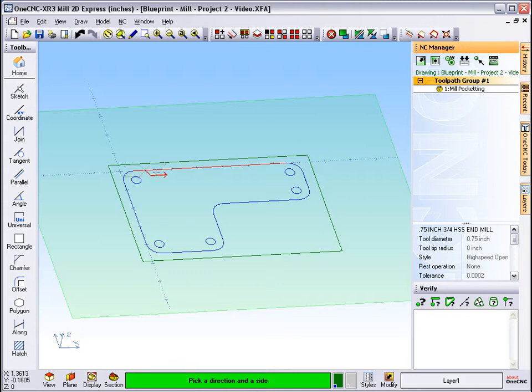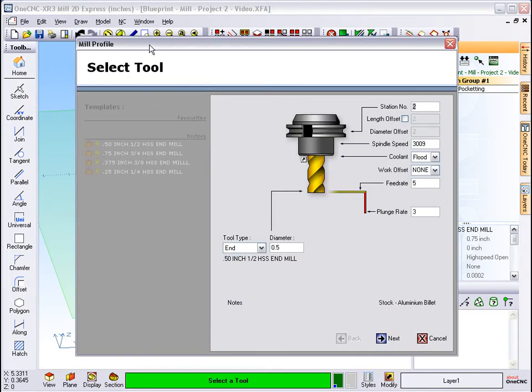Now we get our arrows. I want to climb cut, so I'm going to select this arrow right here, climb cut on the outside. And now it wants me to select the very end of my profile. I'm going to take the easy way out and just hit the F3 key on the keyboard to select everything. Now that I have my shape selected, I'm going to right click, and now we get our select tool dialog